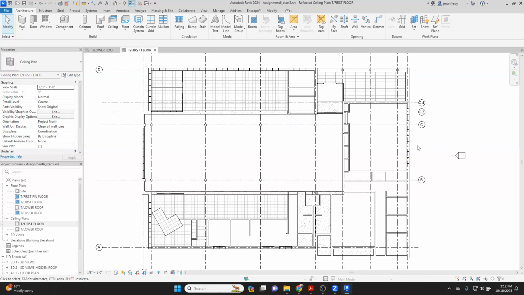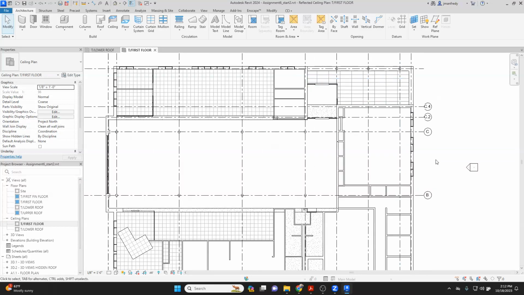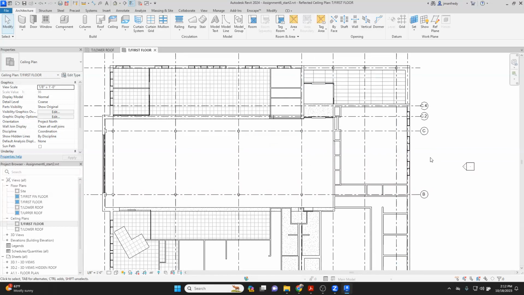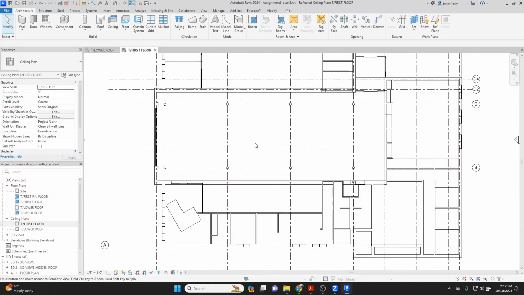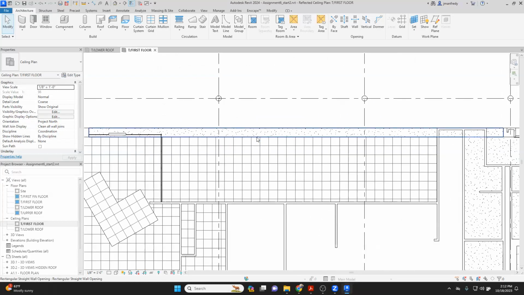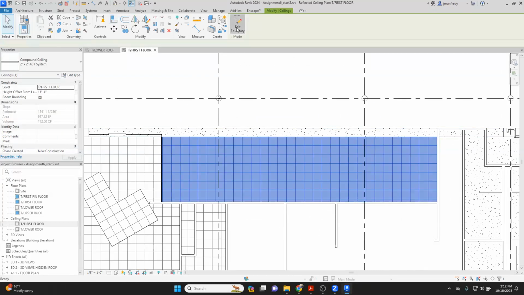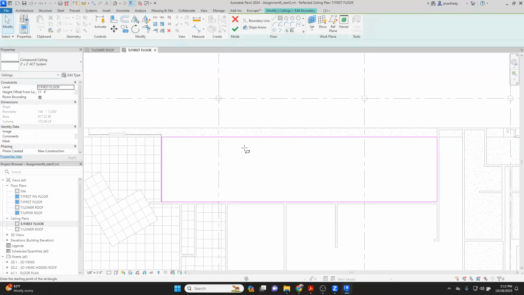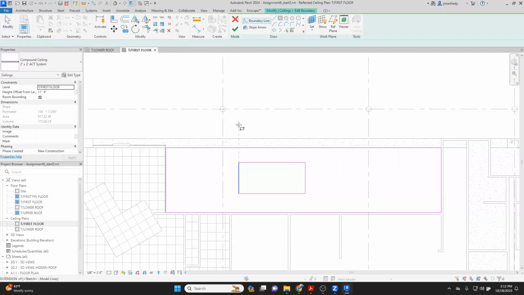Okay, so that's the ceiling right there above the entrance. So the only thing that's left to do really is the security gate, the security ceiling here. You guys can work out the rest of this. Just remember though that because these are like the roof, if I grab the ceiling and I go edit boundary and I draw something inside the ceiling, or if I draw something outside the ceiling,